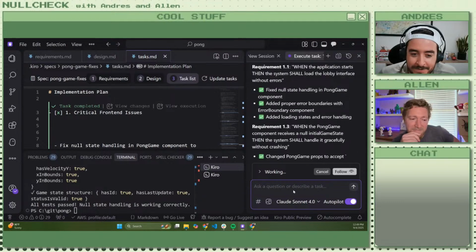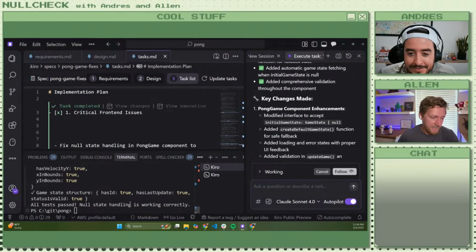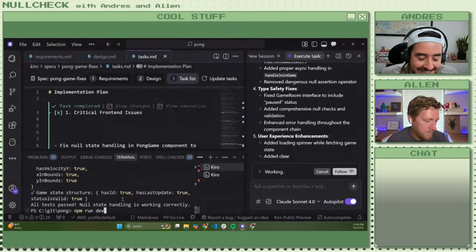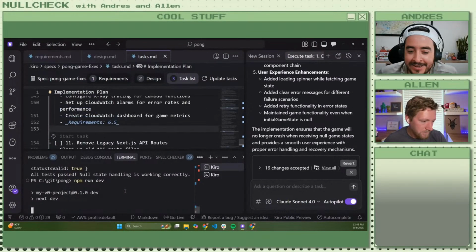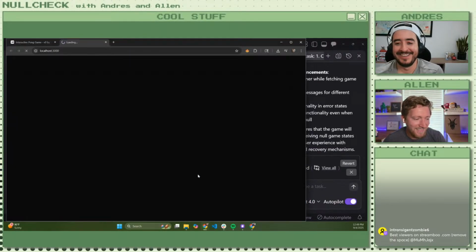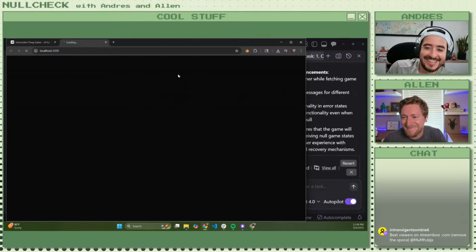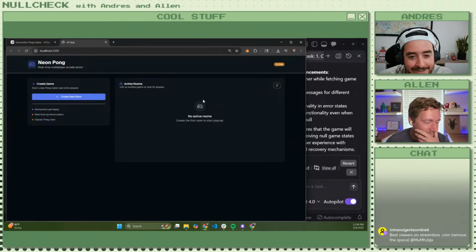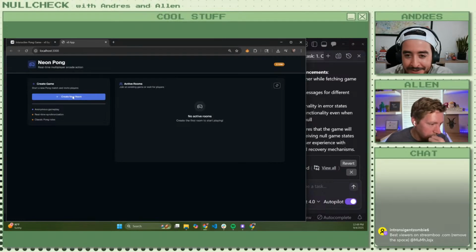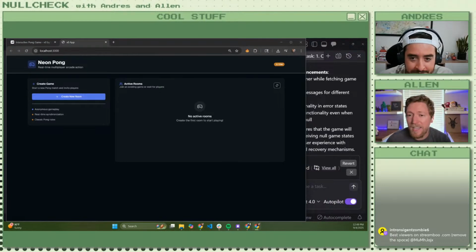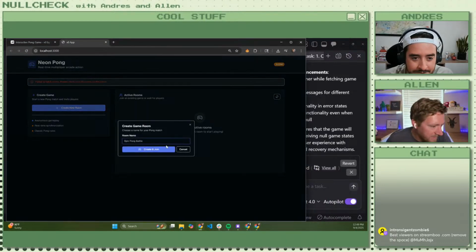I said it fixed the critical issue, so let's find out. npm run dev. And this is like you saying, this is going to work 100% guaranteed. And then, oh no. Okay. Open the console because of the errors. Yeah, there you go. So we're still, well, we don't have a backend deployed. We said change it.